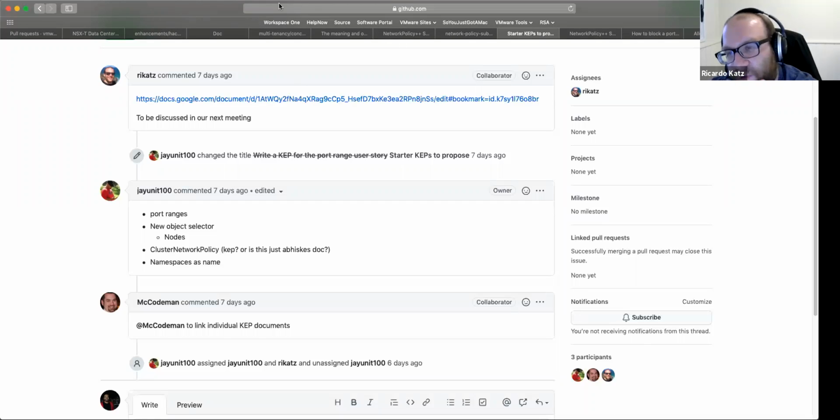I'm +1 for this one because of my use cases, but I think we also have the problem of this being mostly cluster admin related rather than developer related. So I don't think this is going to stick into the original proposal of the network policy, but this can be proposed as a CRD later.